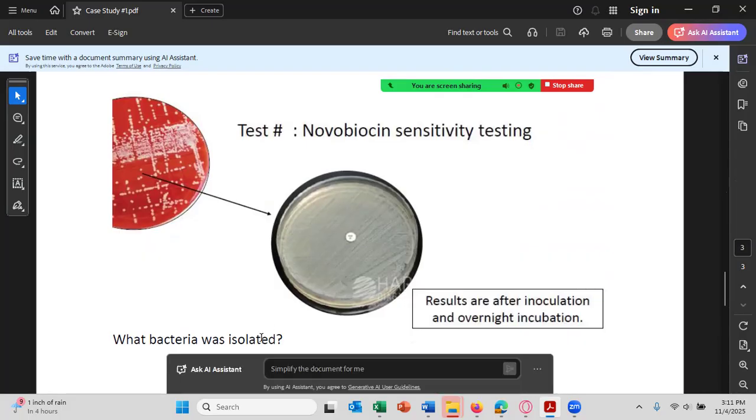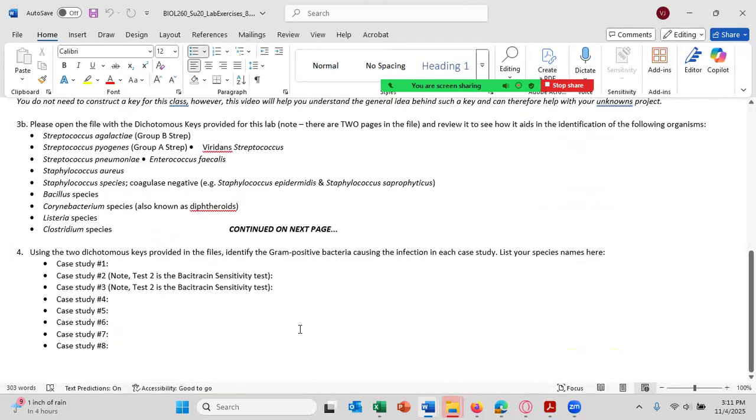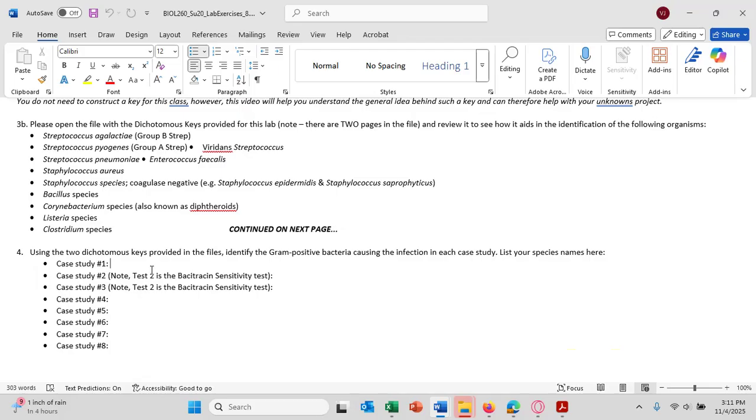And then give me what species was isolated and write it in case study number 1. Remember the species, if you use AI, it must be a species that is talked about in this lab, otherwise it is wrong. Once again, you shouldn't be using AI, but you can if you wish. Just remember that you're not going to be able to use AI to answer a case study on the quizzes and on the final. So it would be better not to use AI. What you can do is, once you get your answer, use AI to confirm your answer.